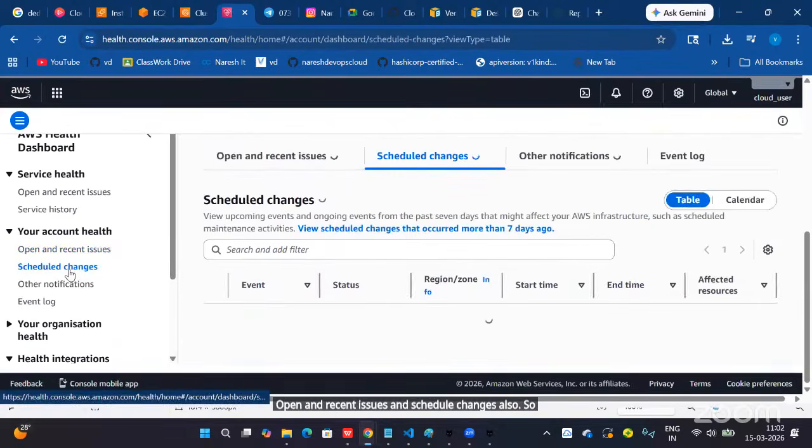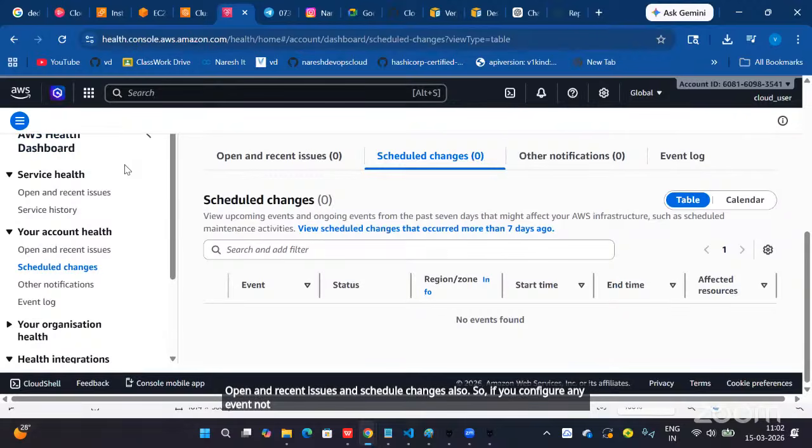So if you configure an event notification for this AWS Health Dashboard service, whenever any update comes, you will get a notification. Then you come to know, okay, my EKS cluster is going to expire in the next 2 months. Like that, you will get a notification.